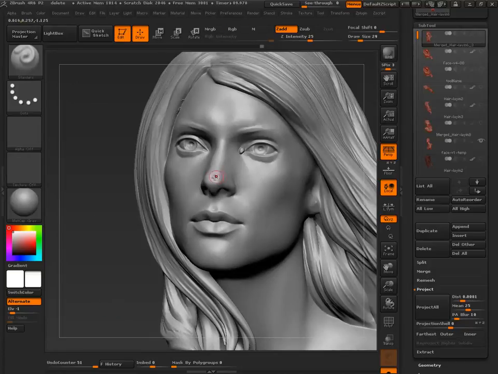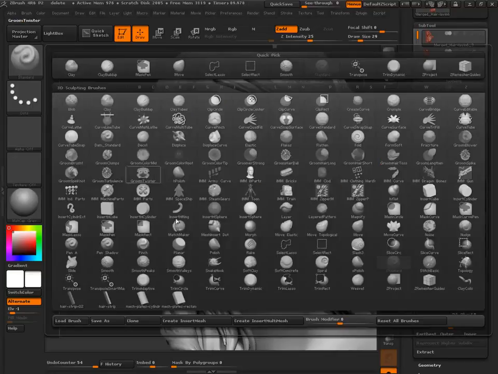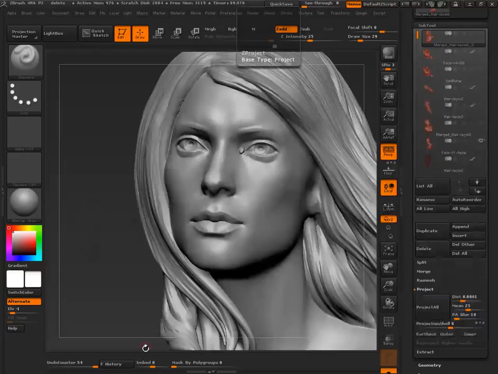Nose transferred okay, I think. We can do a little bit more resculpting, kind of touch it up, always touch it up. But in this case, the brush worked. Z project is really a spot fix for us, and then what Z project can't do easily, you resculpt.